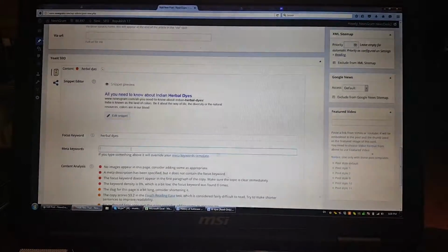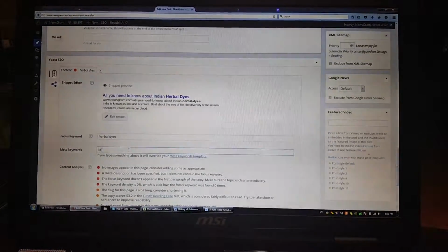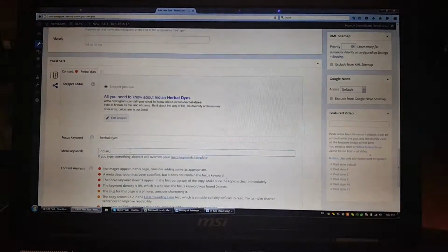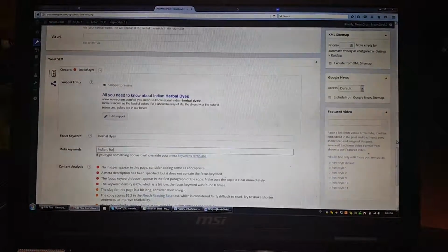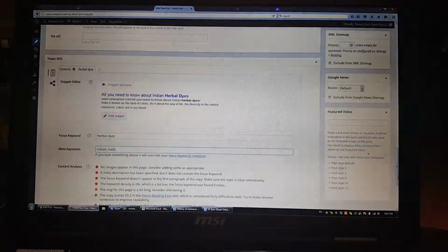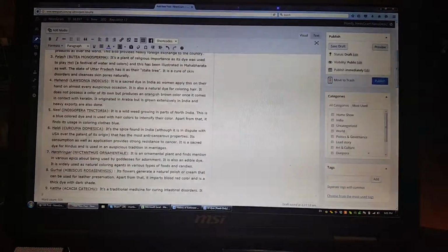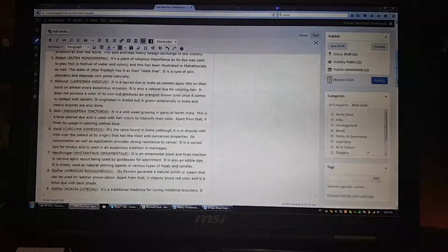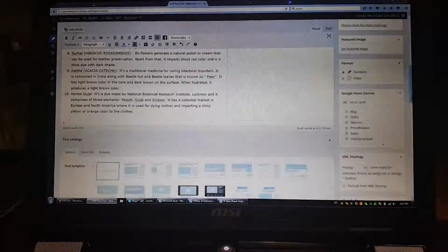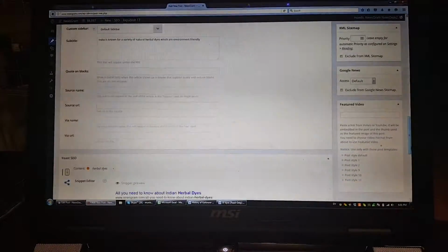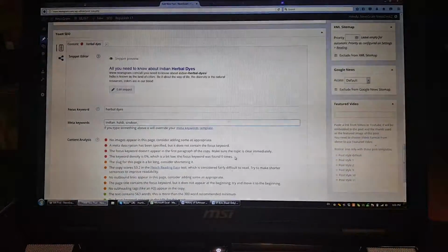Then in the meta keywords you include some more important keywords from the article. Let us say Indian. Then there are haldi, for example, and there are many other important dyes which we have described in the article. So we pick up some of them. For example, Neel, Mehendi, Palash, and Sindoor. So I will include a few. Okay, so Sindoor, Haldi,